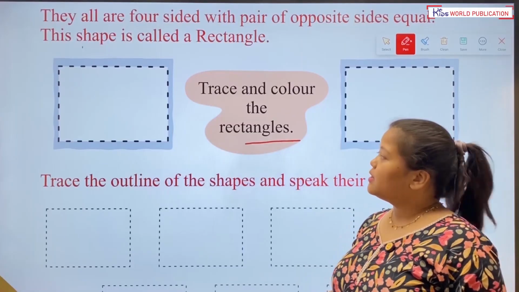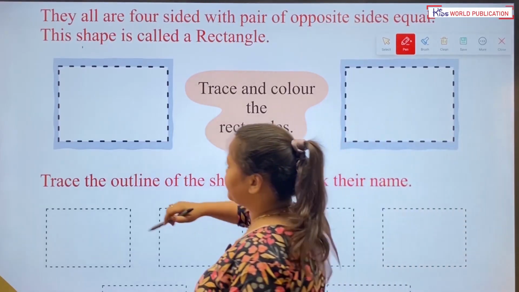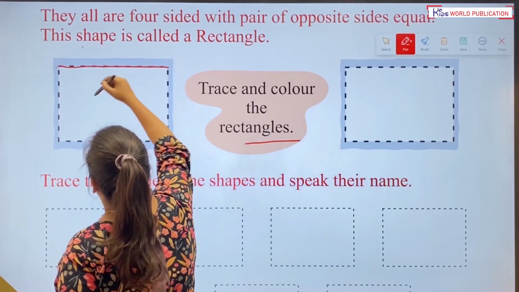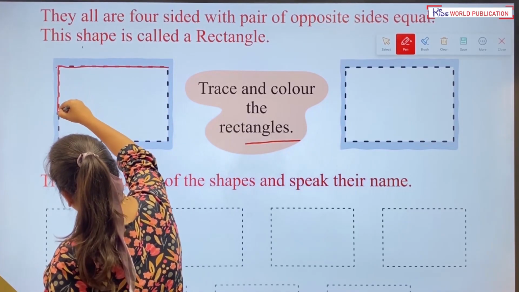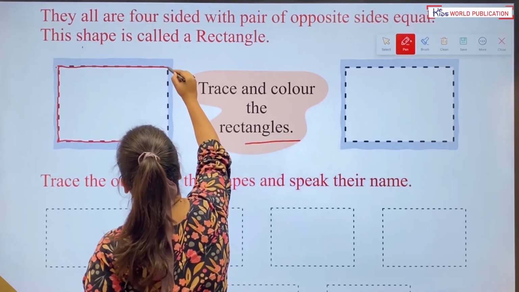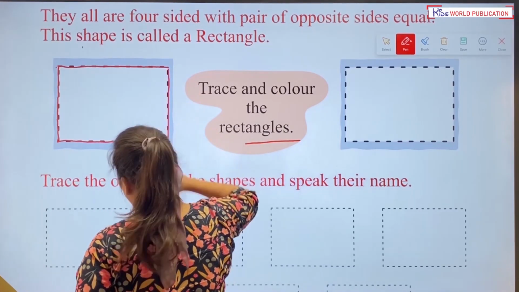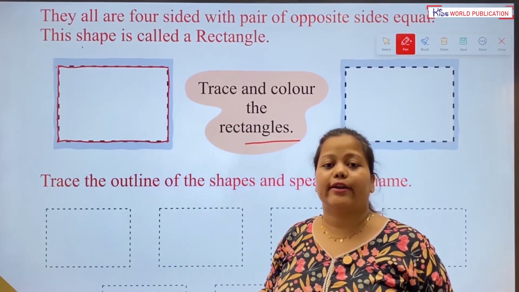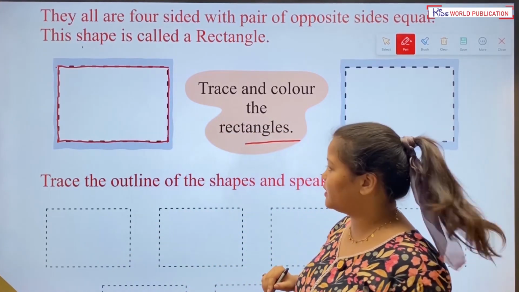So kids, let's trace the rectangle. This is how you will trace the rectangle and also color it in your favorite color.